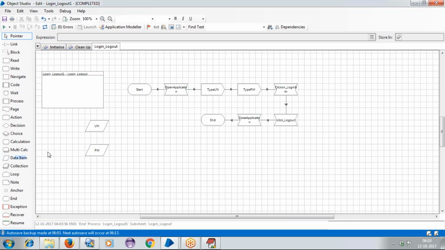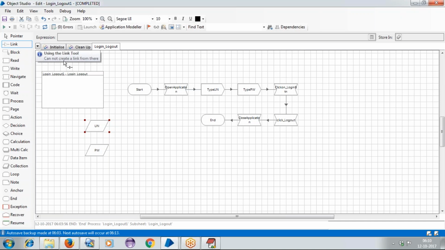Okay. Now we got it. Now if you understand, our username and password are available in a data item. Now in our application, whenever we have to type the username, we need to call this variable here. So for calling the variable, I cannot make a link activity. I can see here, if I click on the link, it is not giving any link option.